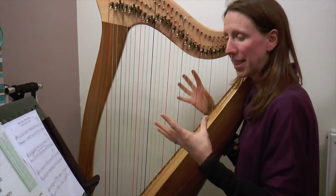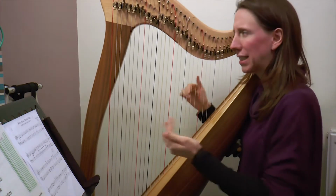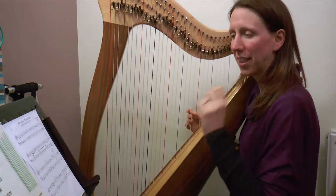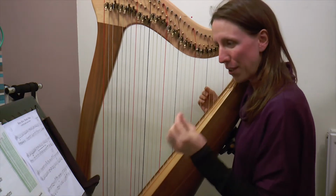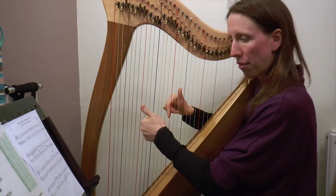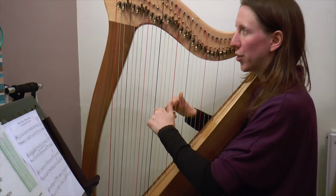Just as simple as that can solve the issue, rather than thinking, right, I must make that a little bit later and that a bit. Just think, okay, I'm just going to turn it on its head, and you'll probably find that it completely solves it. So if we put those 2 bars together, this is bar 11 and 12. 3 Gs in the left and the thirds moving in the top hand. 1 and 2 and